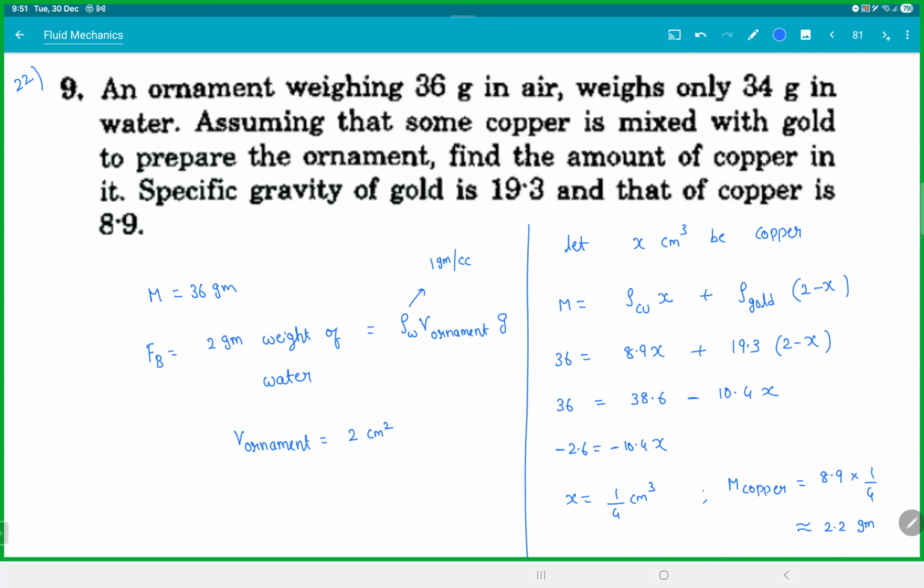Clear with this? This is what Archimedes did. Without destroying the ornament, you can figure out how much copper is there. Now, the only way to cheat this experiment is what? The density of copper is 8.9, right? You mix up 3 materials, where copper is 8.9, gold is 19.3, and you mix in another material which is denser, like 22 or something, so that the average of these becomes 19.3. If you can mix 2 impurities whose average density is 19.3, then